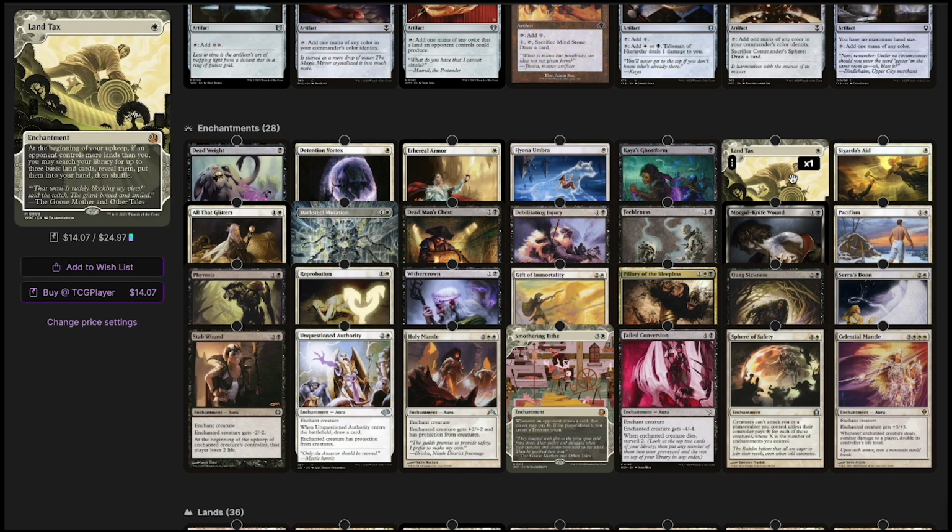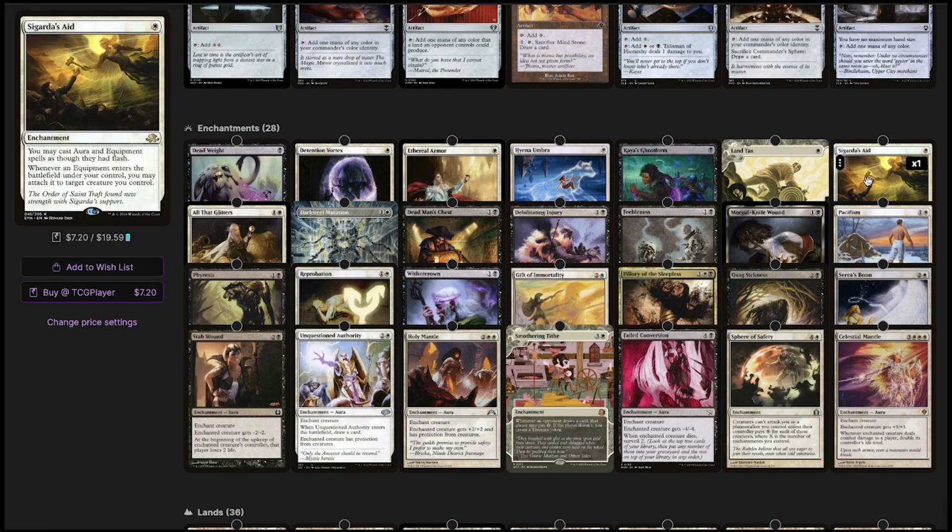Land Tax is here to help us ramp because we're in colors that struggle to ramp a little bit. So whenever an opponent happens to have more lands than us, we can search our library for up to three basic land cards, put them in our hand, and shuffle, just to help us try to keep pace. Sigarda's Aid allows us to cast Auras and Equipment as though they had flash,